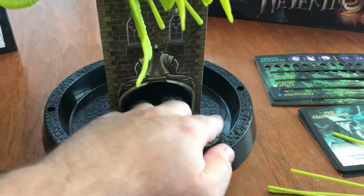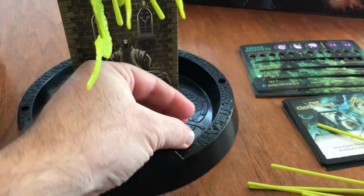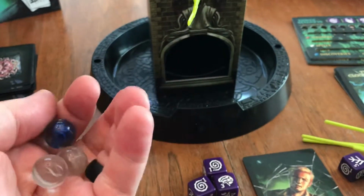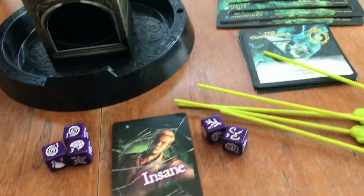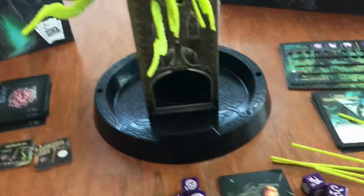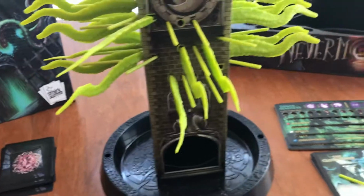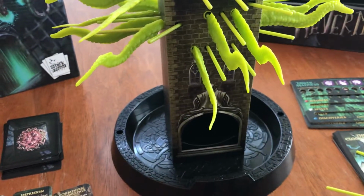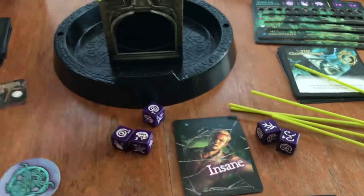And getting the different marbles and trying not to get madness tokens, but it actually wouldn't be such a bad thing to get 2 new spell cards and 3 victory points. That's not bad. Although I did get another madness back here. So it's kind of that other interesting element where it's like, I kind of want to pull from the tower. I need some more spell cards, or I haven't won any of these location cards, so maybe I just want to pull as much as I can, make some bad decisions with my dice, maybe go insane, and then I can,